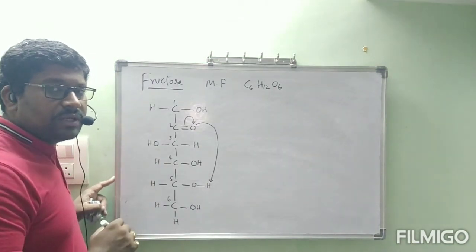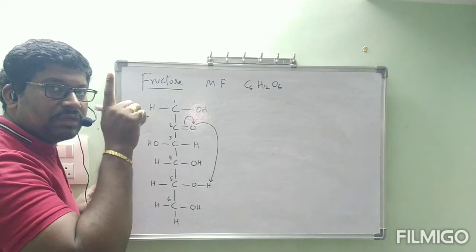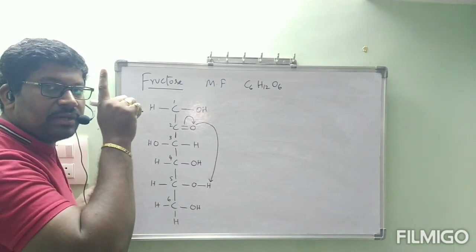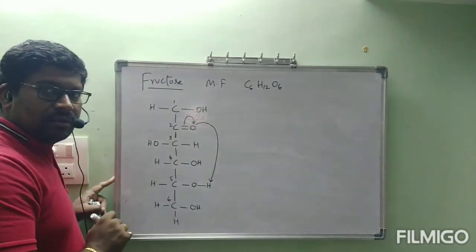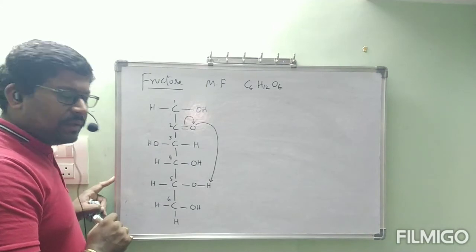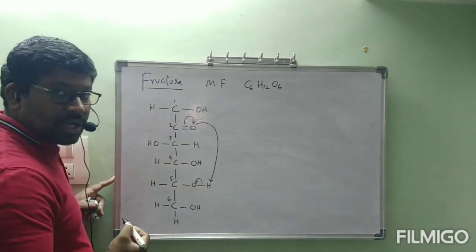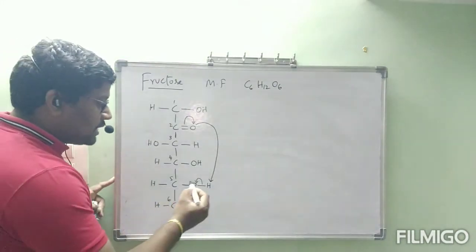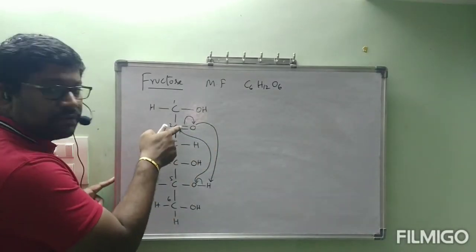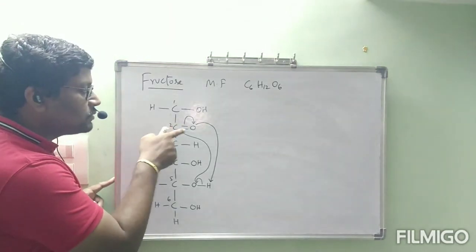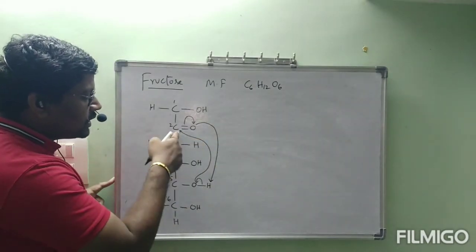Same in glucose, how it happened, like that here also. But a small difference is that glucose is involved with first carbon because the aldehyde group is present on first carbon. In fructose, second carbon and fifth carbon. Observe this one carefully. Now this OH bond is cleaved towards oxygen, as oxygen is getting minus charge, and this minus charged oxygen is going to attack this C plus. Because this bond is cleaved, carbon is getting positive and O is getting negative. This O minus is going to attack this H, and this O is going to attack this carbon.